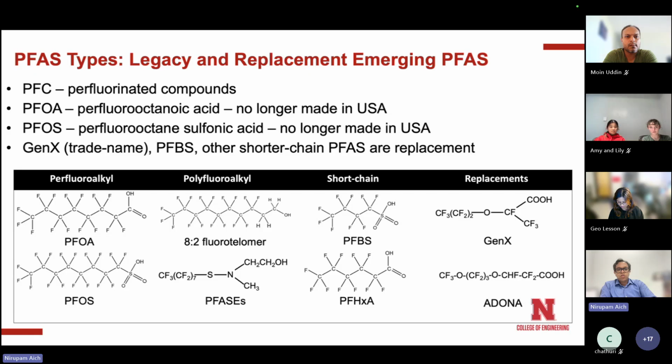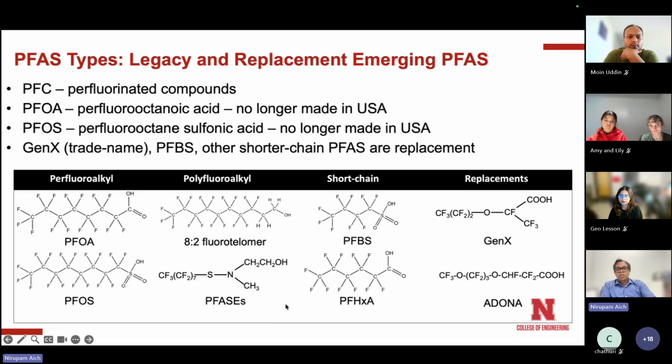So if you look at these first two, PFOA I talked about, then there is PFOS, which at the end of this carbon structure has the sulfonic acid group instead of the carboxylic acid group. Even this small change can create property differences between them. So these are the two chemicals that are already banned from manufacturing, because it has been discovered that they are really linked to cancer. They can cause cancer in humans.